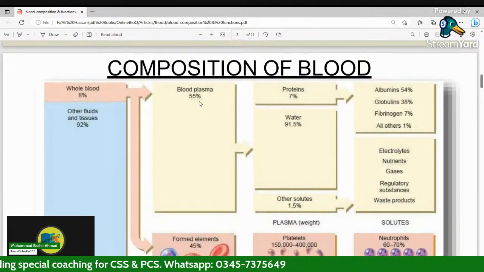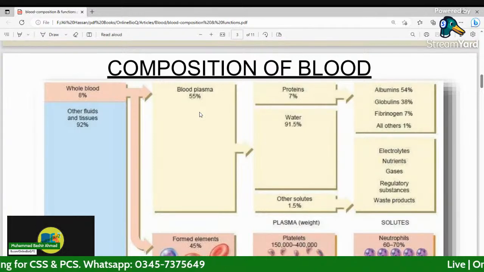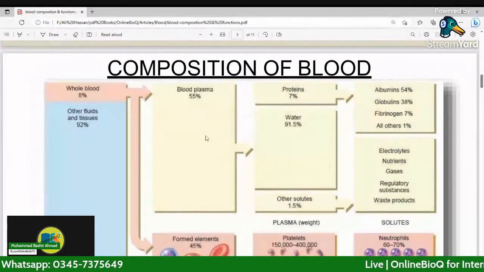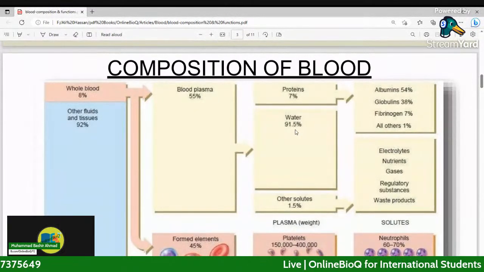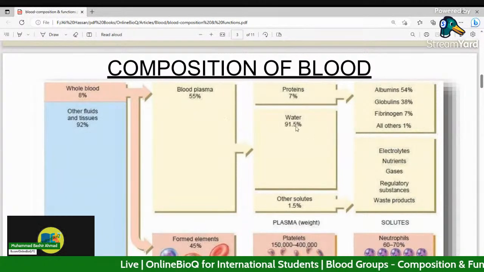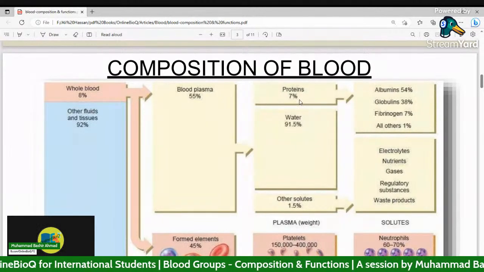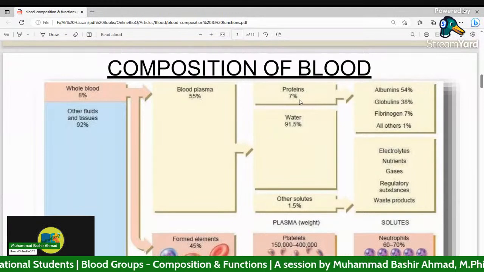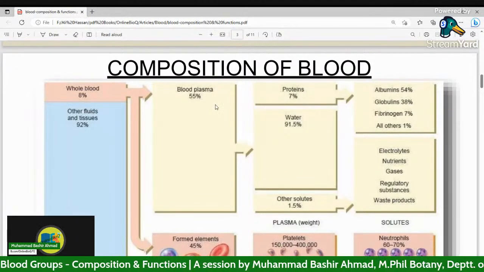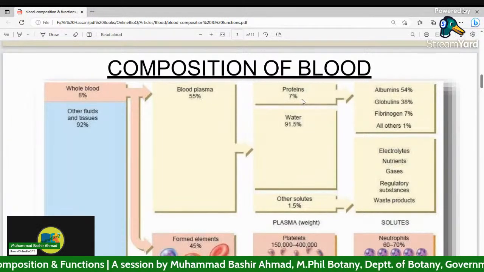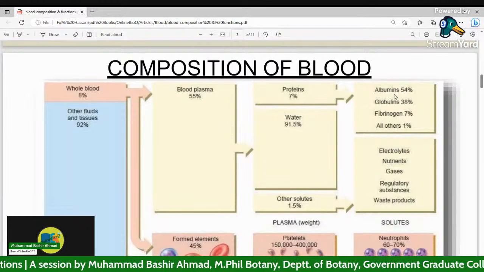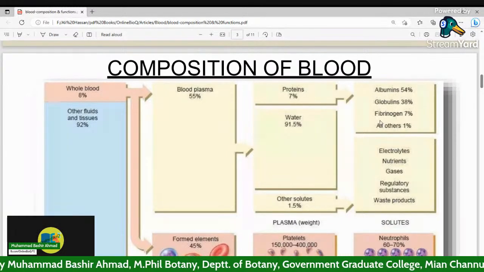Then, when we talk about blood plasma, a major part of blood plasma is water, that is 91.5%. Then proteins make a share of 7% of total blood plasma contents, and proteins include albumins, globulins, fibrinogen,